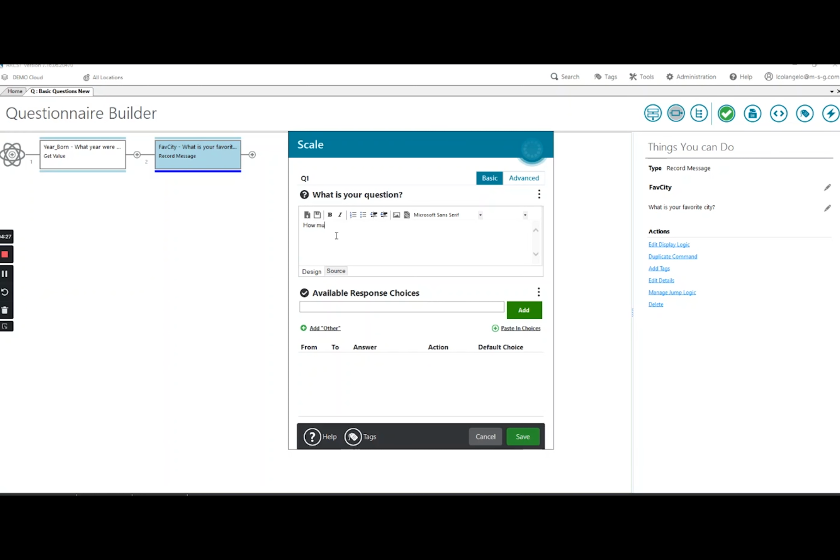How much do you like spaghetti? I saw this used in one of our examples with spaghetti, but I'll be honest with you, I don't like it, nor can I spell spaghetti. And I'm going to do underscore scale, and I'm going to do starting with, now